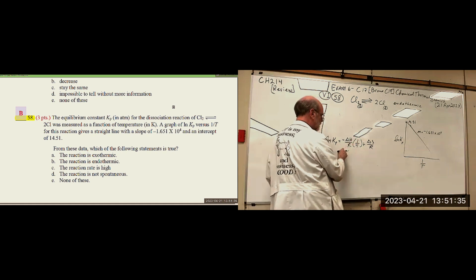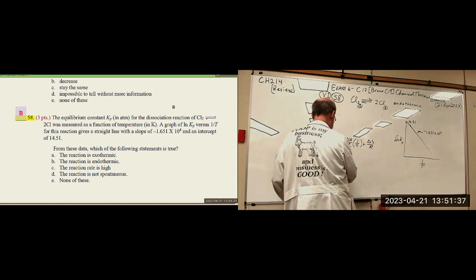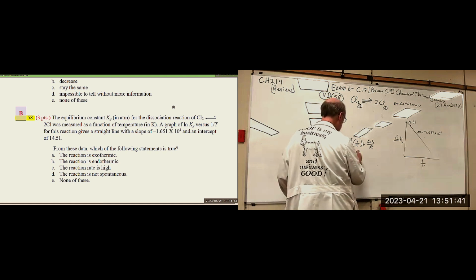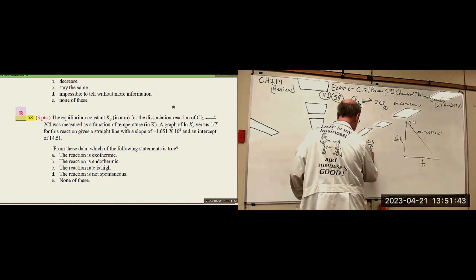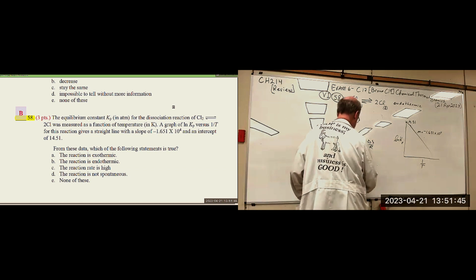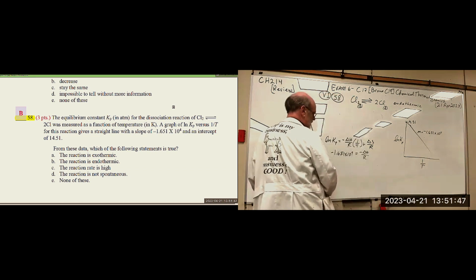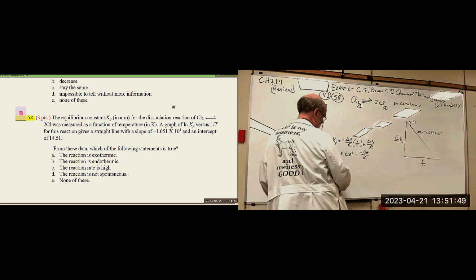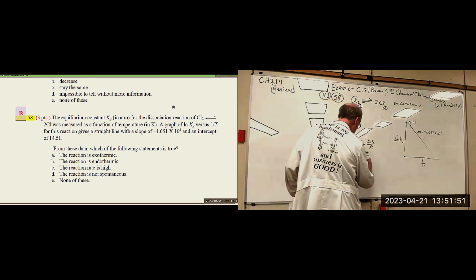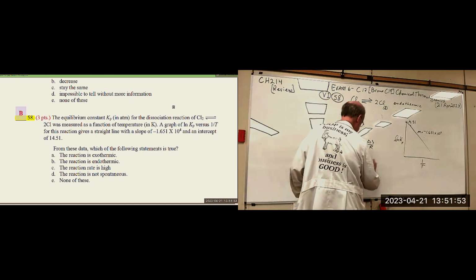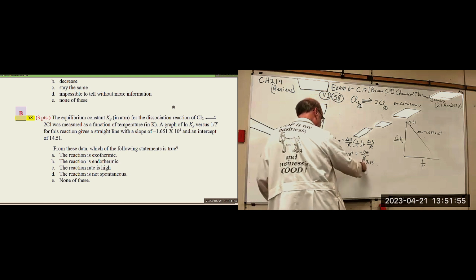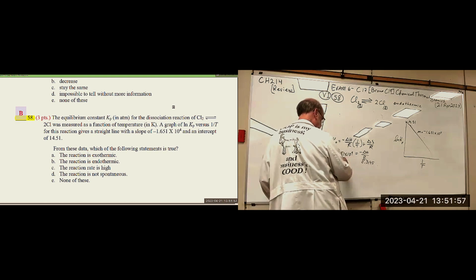So the slope is a negative 1.651 times 10 to the fourth, which is equal to negative delta H over R. So if we plug in the value for R and multiply it times this one,